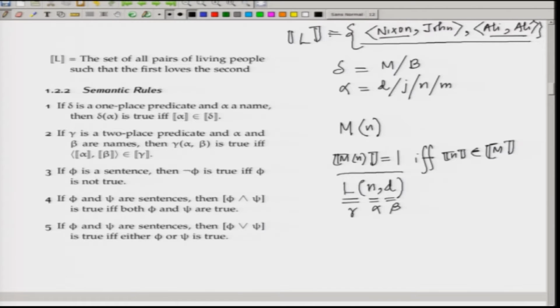Now, what will be the denotation of this? The denotation of this will be 1 if and only if